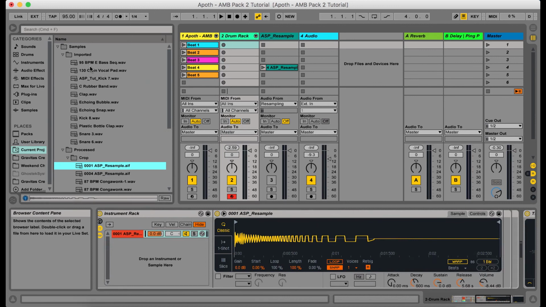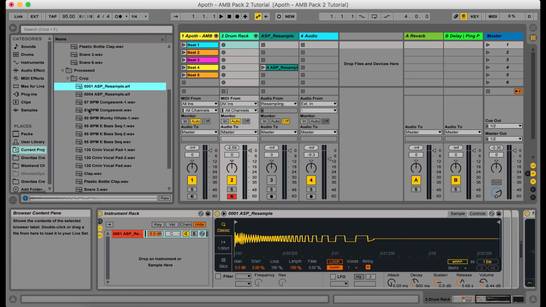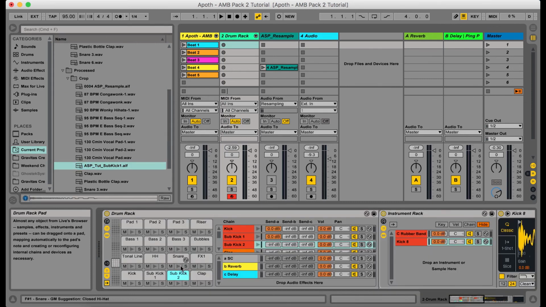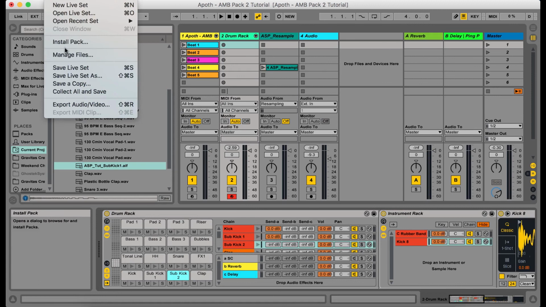So some of them are going to show up in imported if they weren't something you resampled, and some of them will show up in your cropped folder if you cropped it. So same thing, just right click and rename. And then this one we'll just do subkick 1. Okay, so once you've cropped and then renamed all of your samples appropriately, then let's go into File and